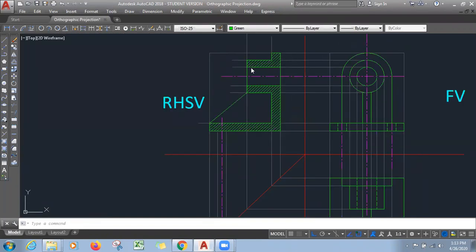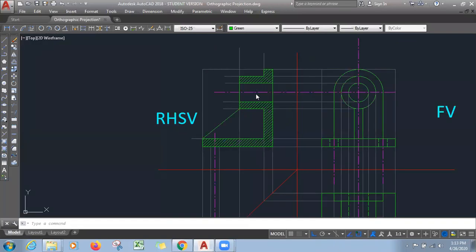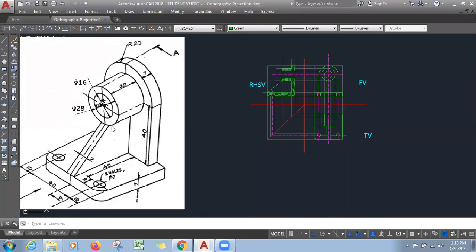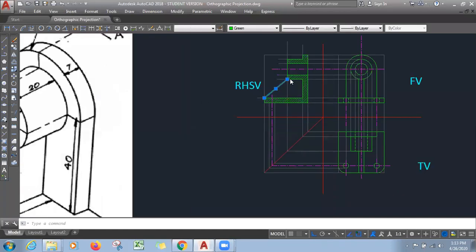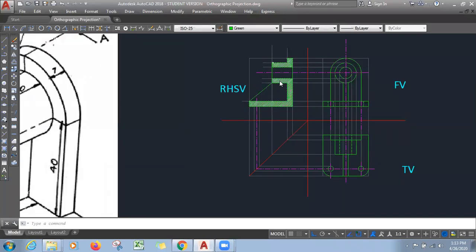नाउ सी, फ्रॉम दिस टू दिस होल के पोर्शन, फ्रॉम दिस लेवल टू दिस लेवल, देयर विल बी नो एनी कटिंग, यहाँ से यहाँ तक कुछ कटिंग नहीं रहेगा, तो वो पार्ट पे हैचिंग आएगा नहीं। अब ये जो रिब है, रिब का पोर्शन कौन सा है, दिस वन, ये सब रिब का पोर्शन है। तो रिब का पोर्शन हम हैचिंग नहीं दिखाते, बिकॉज इट इज हैविंग लार्ज सरफेस एंड स्मॉलर विड्थ, ठीक है। और हैचिंग क्या होता है, हैचिंग इज ए सिंबल ऑफ मटेरियल, मतलब जितना ज्यादा हैचिंग उतना ज्यादा स्ट्रेंथ को रिप्रेजेंट करता है वो।